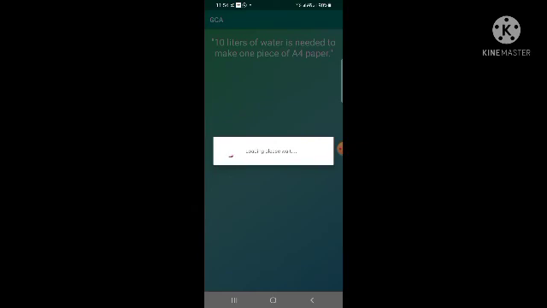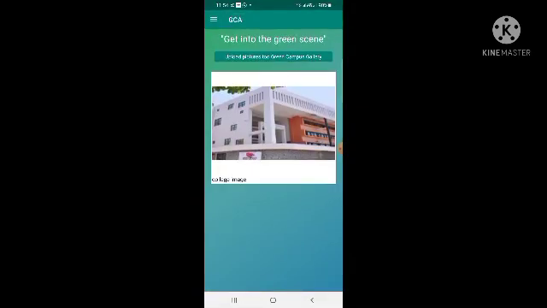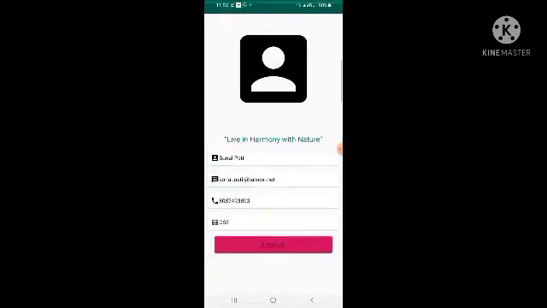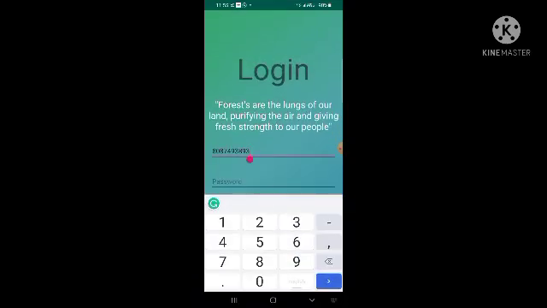Notice is also visible here in the admin. Now let's see if it is visible in the user account or not. We will log in with the ID we have created.